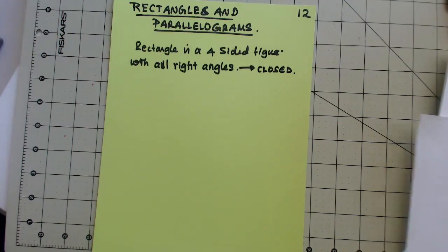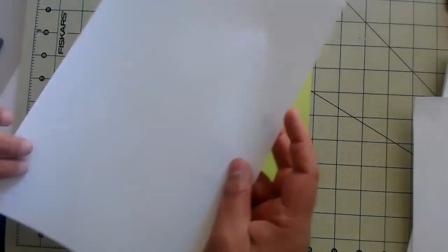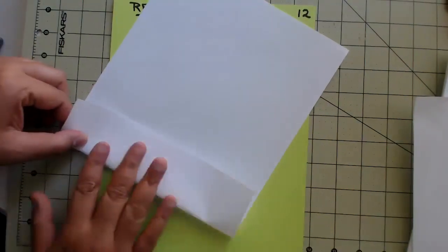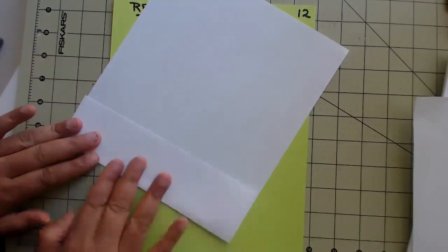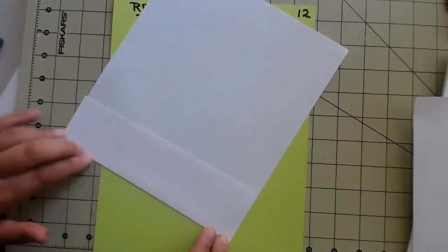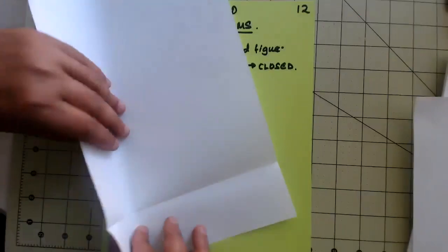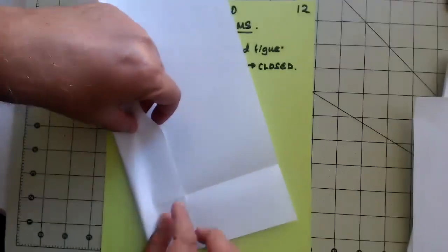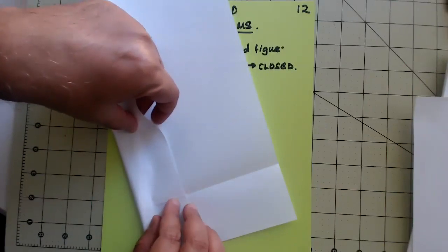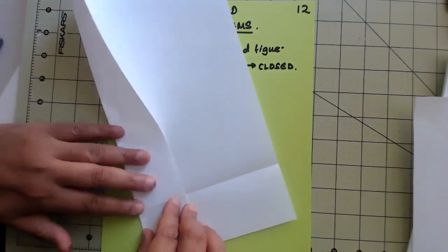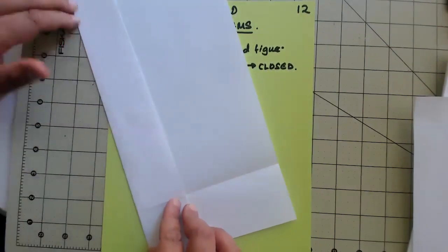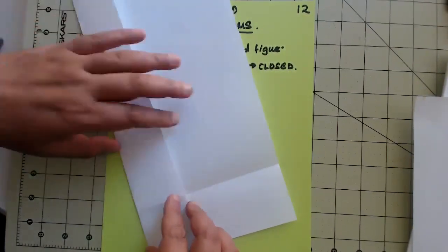Okay, so of course, how do we make it? Well, it's a fairly simple thing. First, start with a line like this, and then we're going to make a four-sided figure by making four right angles. So we're going to go up here. I'm going to make the first right angle, and you can make the right angle any way you want. So here's the first right angle. You make a right angle by folding a line on itself. You remember that? So that's the first right angle.